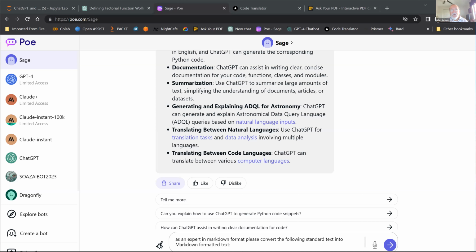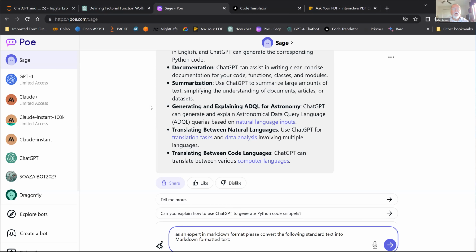There's a $20 a month charge for that. So you can use the same thing if you just go into Bing and set it for the most creative mode. If you set it for most creative, then you'll get the equivalent of the $20 version.